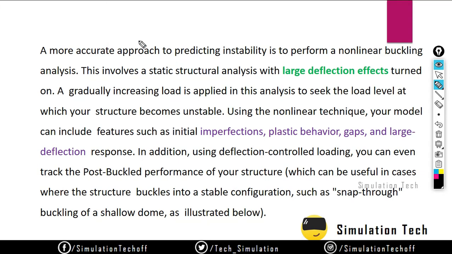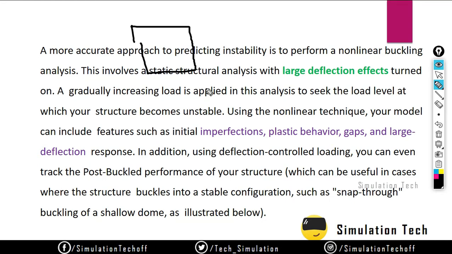You can't do a linear buckling analysis as a standalone method. You have to perform a pre-stressed analysis like a static structural or a transient structural analysis, and after that couple the linear buckling analysis to it. That is called a coupled analysis.